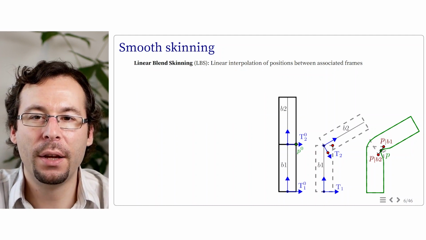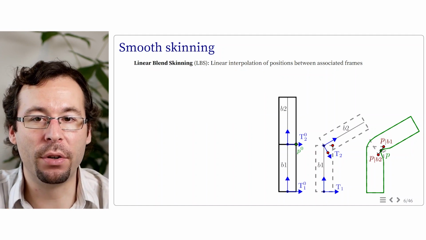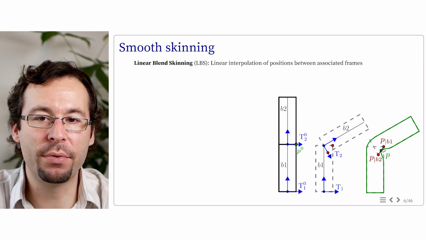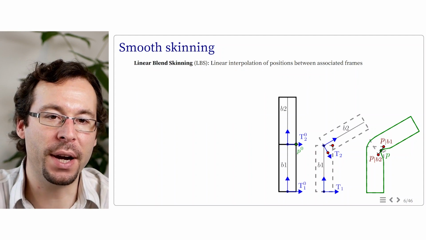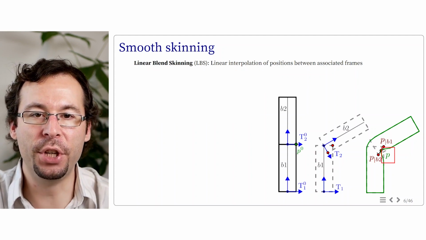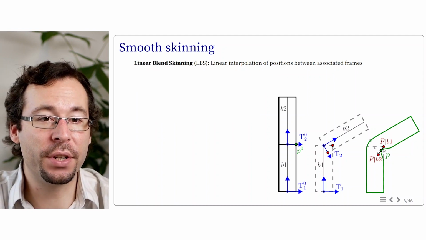With smooth skinning, we say that there is no more reason to belong to a bone than another. So one thing we can do is to take the point which is in the middle between P with respect to B1 and P with respect to B2, and this gives us the point P we show. Now we can also formalize what we just did.